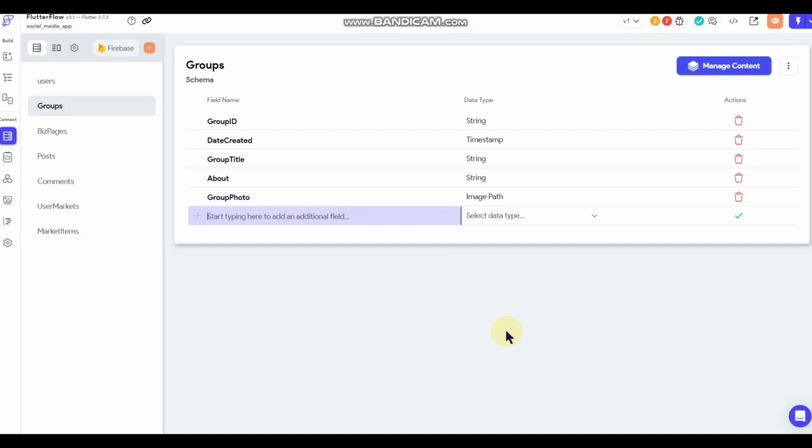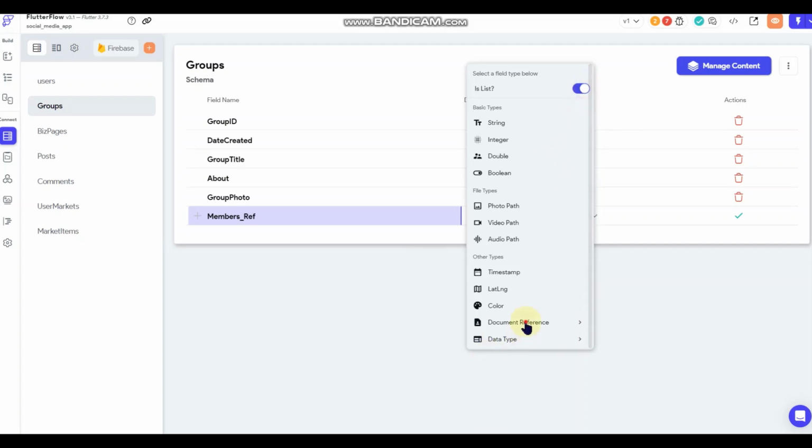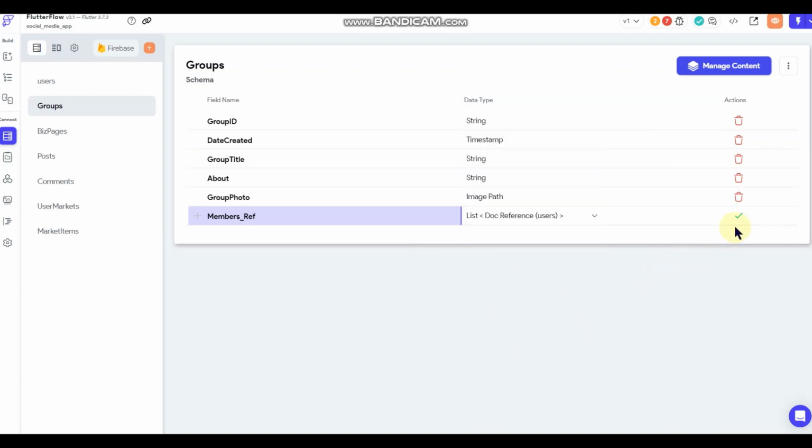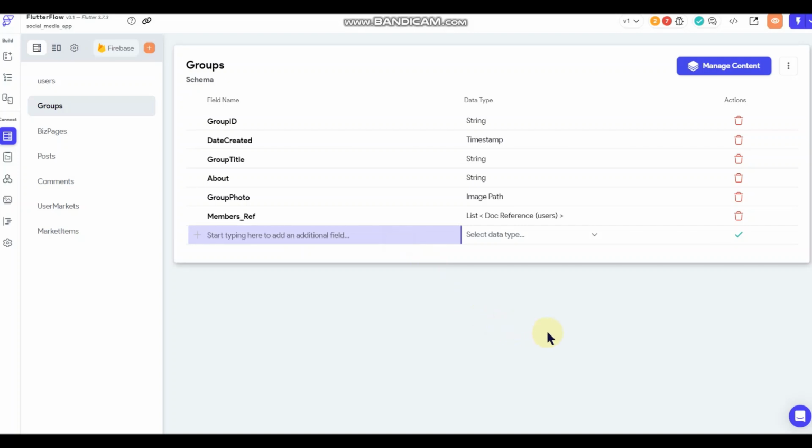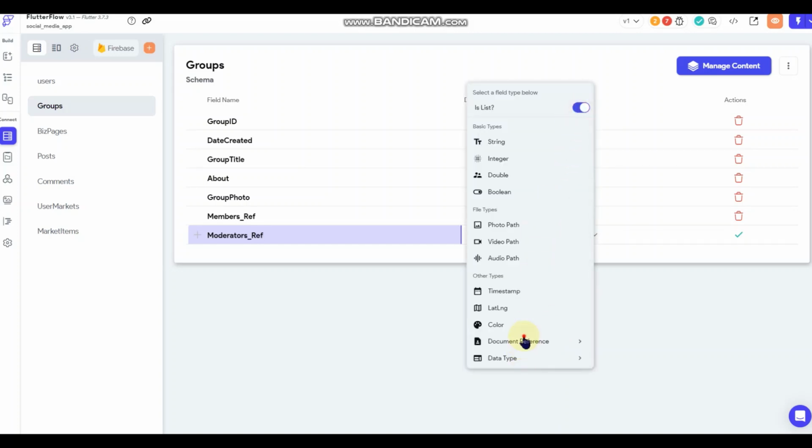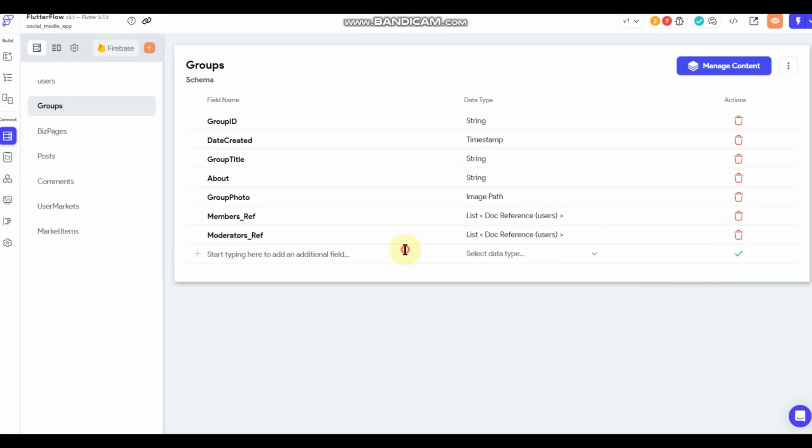And then we'll do members. And that'll be a list. Document reference be users. Then we'll do moderators. List and users. Do administrators.